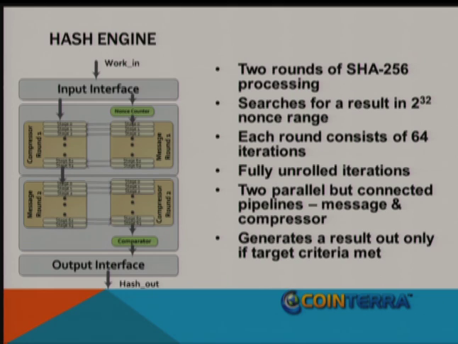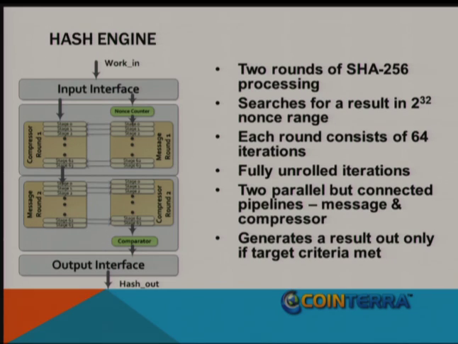So essentially, we have a pipe, both the iteration and the 2 rounds of SHA-256 is fully unrolled, so giving us a